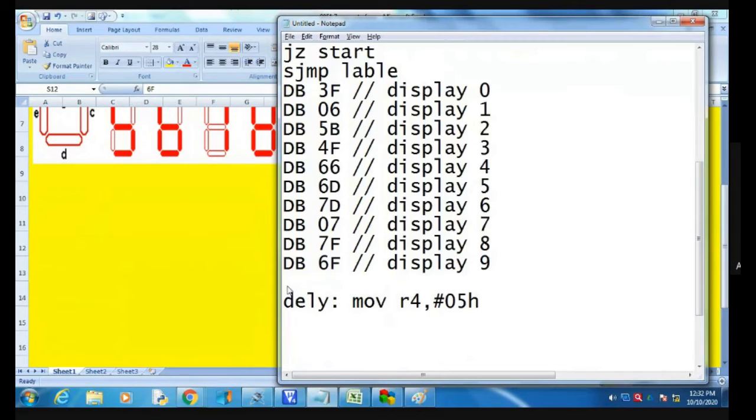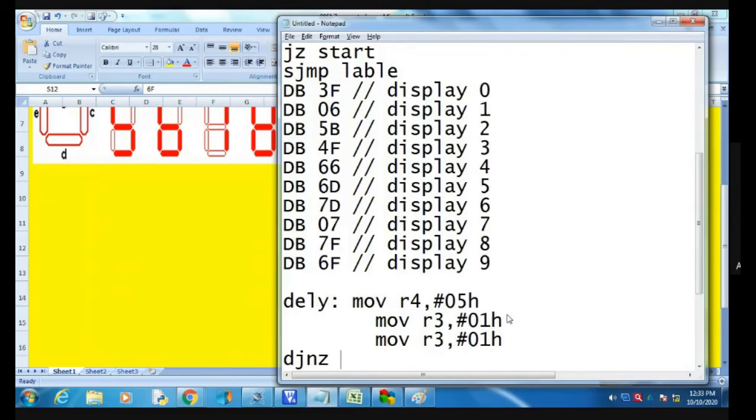Then we have to define move R3, comma, hash 00H or 01H. Then move R2, comma, hash 01H. Okay. DJNZ.